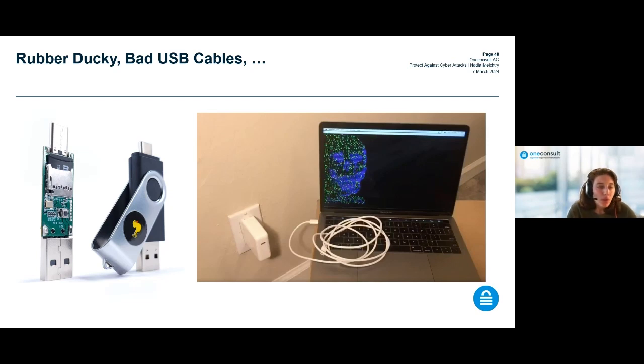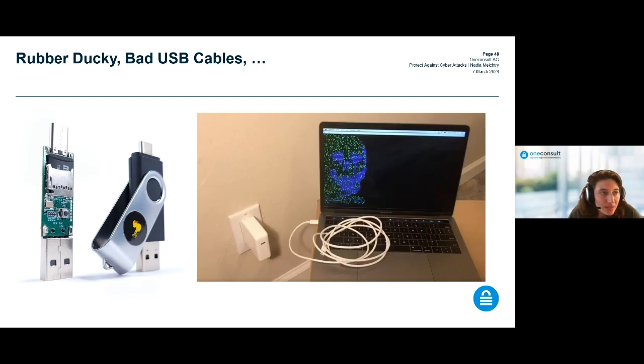So the use of removable media can and should be prevented via group policies. For example, you can use application control using AppLocker since Windows 7 and Windows Defender Application Control since Windows 10 and Windows Server 2016 to block unsigned or untrusted executable files from running from USB removable drives. And you can also disable autoplay or auto-run via the registry. But here again,